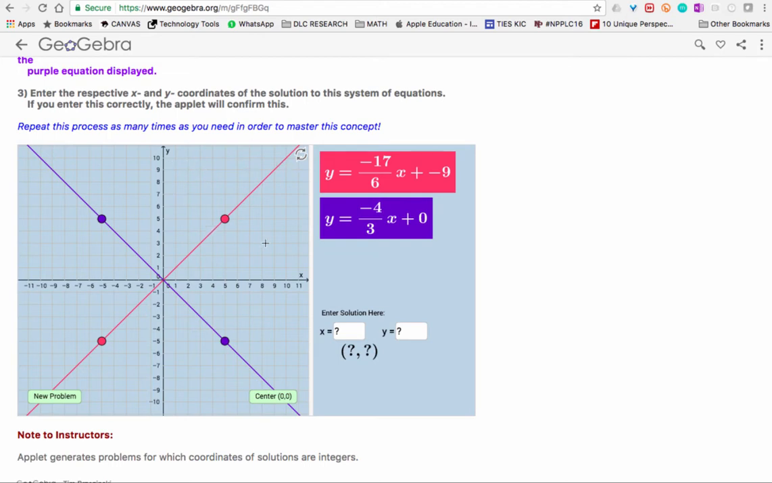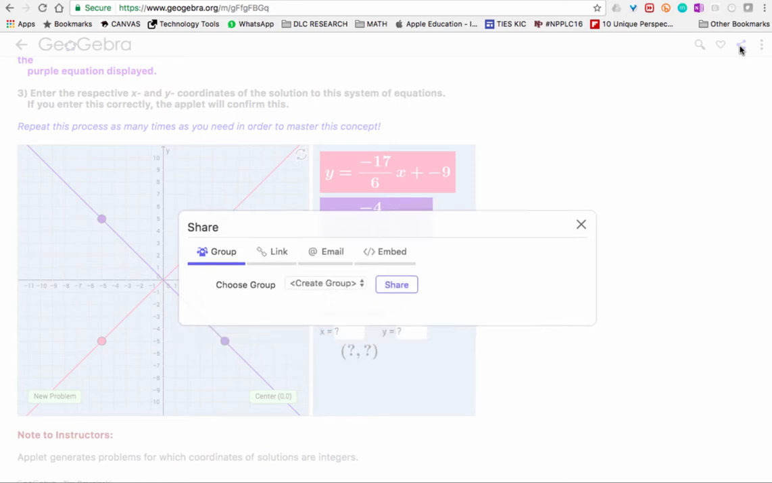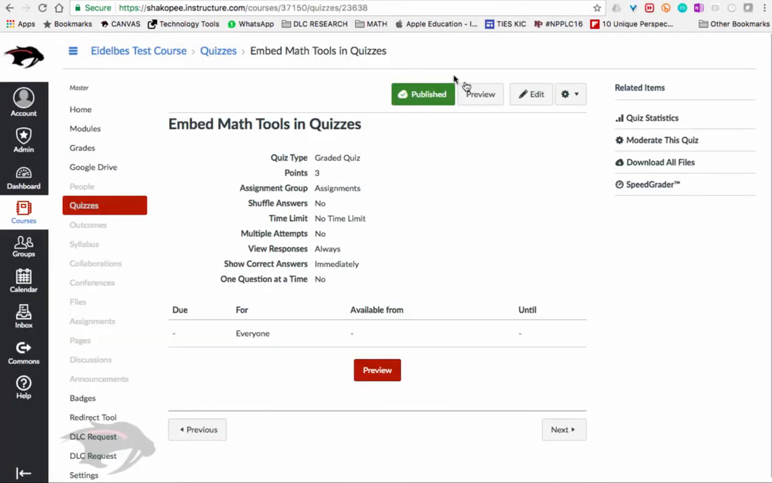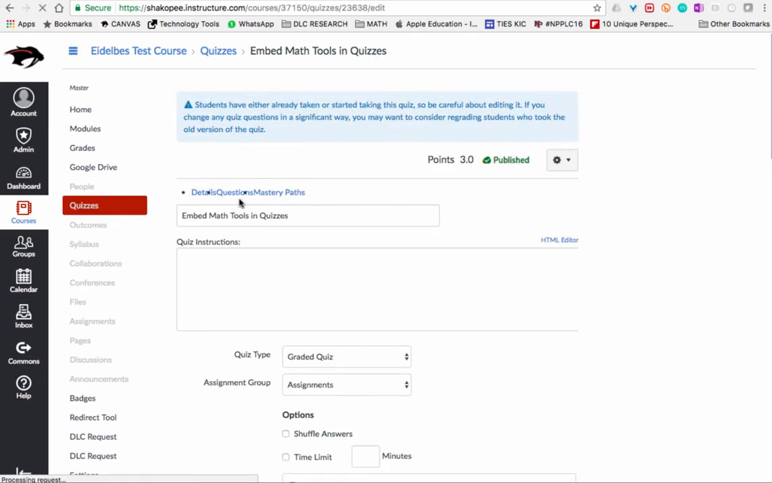So if I want the embed code, I just click the share button on the top right and copy all this embed code. And I already have a quiz set up in Canvas. So if I go to edit this quiz and I go to my questions,